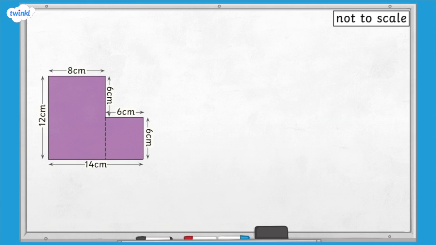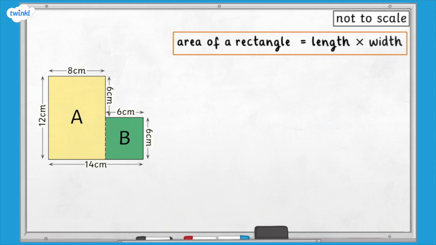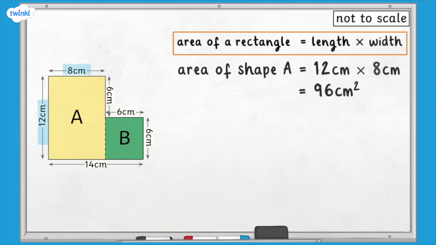We have divided this shape into 2 rectangles, which we'll call A and B. Now we need to calculate the area of A and B separately, before adding them together to find the total area of our shape. Rectangle A has a length of 12 centimetres and a width of 8 centimetres. So its area is 12 multiplied by 8, which is